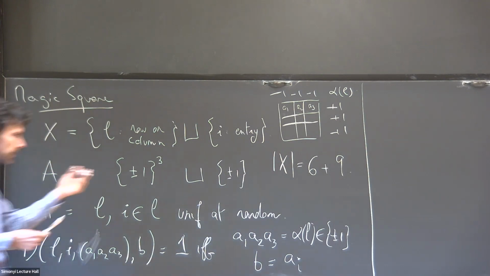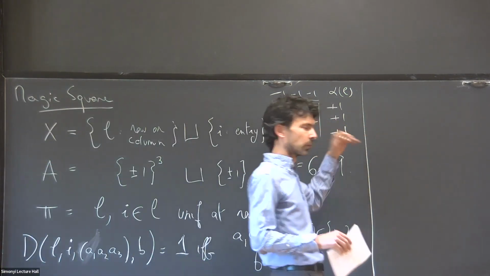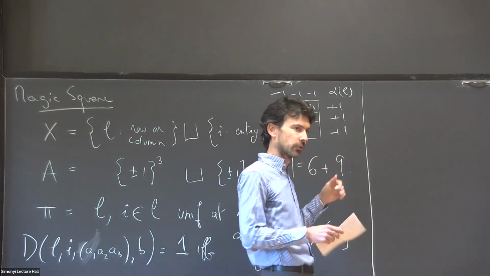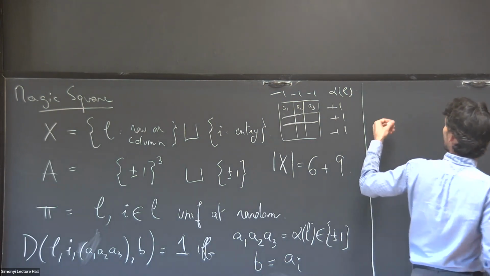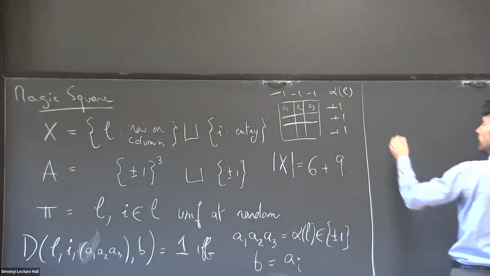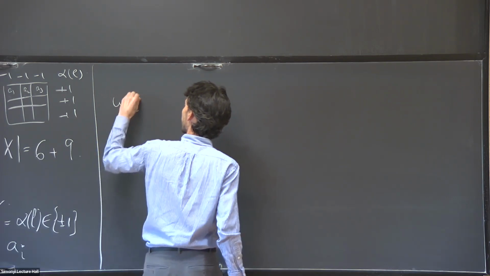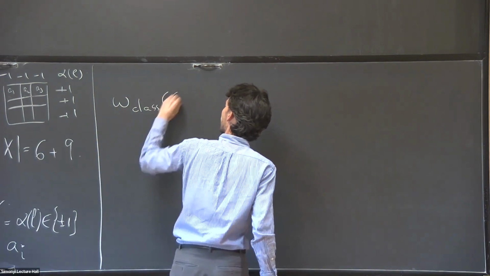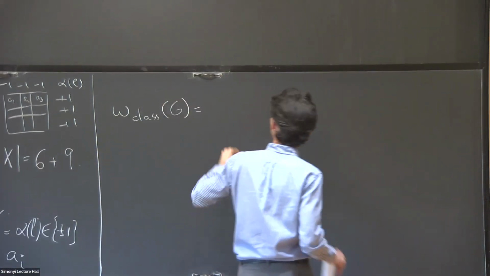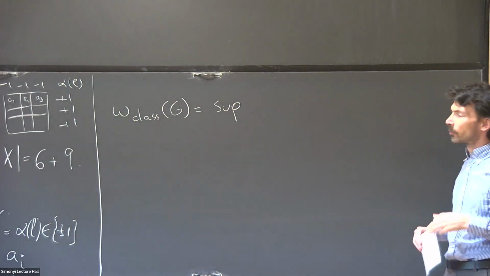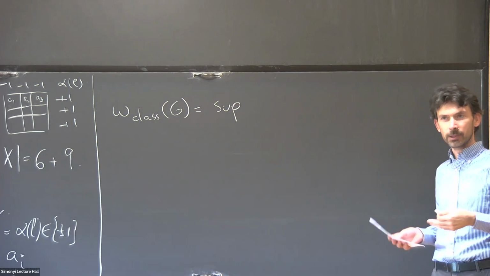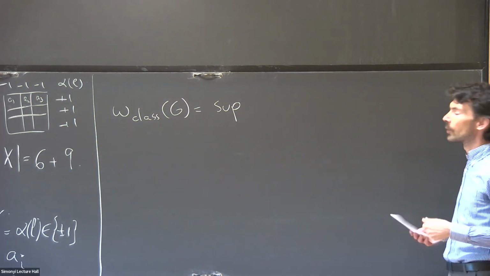So I'll write one more definition and then we'll maybe understand a little bit more by trying to check how well we can do in the game. So let's define the maximum success probability of the players in the game. I'll define it in this way. I'll call it omega classical, for a reason that will come a little bit later. So it's the supremum over all possible strategies of the probability that the strategy succeeds. Okay, so what's a strategy?